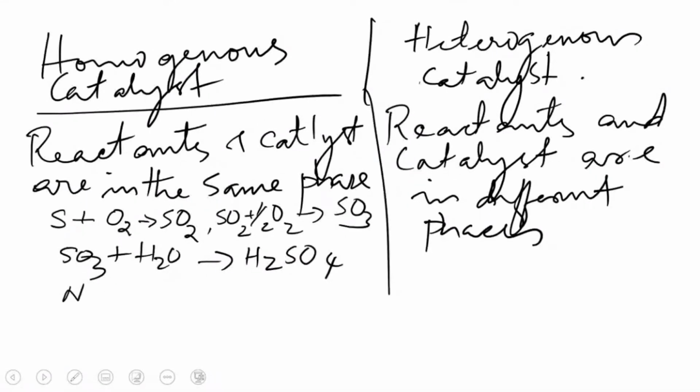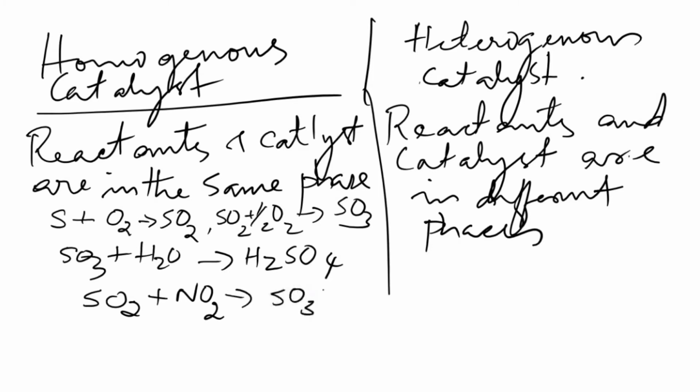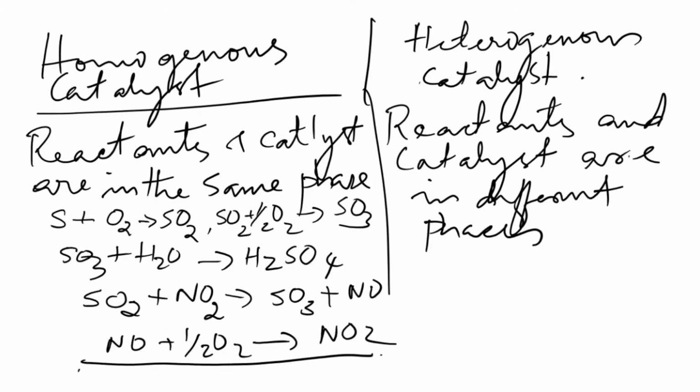So let's write an equation. It's also in your textbook. SO2 plus NO2 gives you SO3 plus NO. Now, NO plus half O2 gives you NO2. So NO and NO cancel out. NO2 and NO2 again cancel out. So the reaction changes into SO2